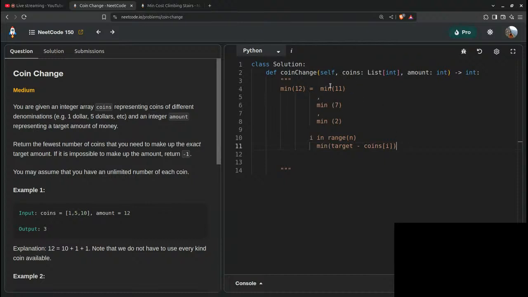So the minimum number of ways I can get 11, the minimum number of ways I can get 7, the minimum number of ways I can get 2. Now again from min 11 we have a lot of choices, right? We can take one, and then we'll have 12 left. So it's more like this reminds me of pick, don't pick. So if I choose this, actually no, nothing like that. If I pick denomination 1,